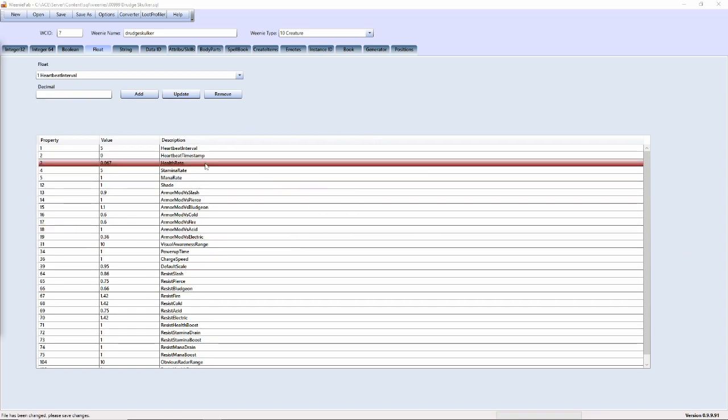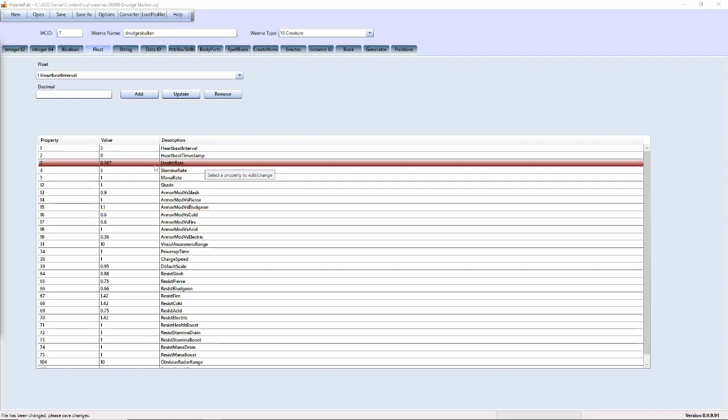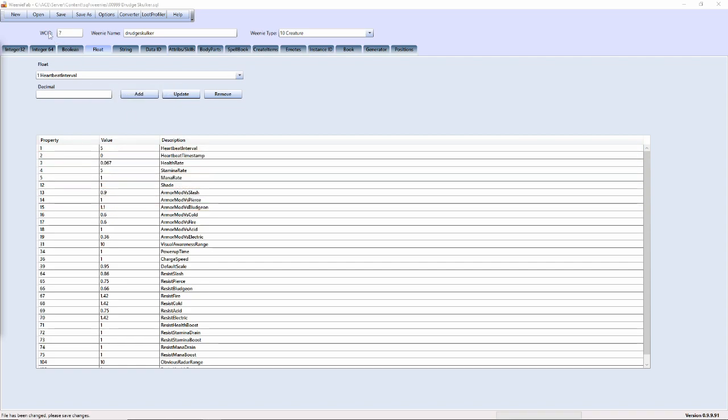So as you're working, you're generally going to be adapting new weenies from pre-existing ones, but since the Weenie ID, or WCID, has to be unique to each weenie to work, we're going to be changing the number just about every time we're working with a new weenie. So we can take this WCID here for our Drudge Skulker, make it something like 999999, and since the weenie name here also has to be unique to each weenie, we'll just add a 999999